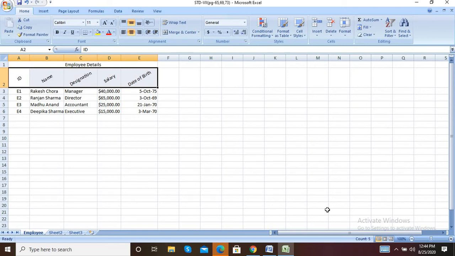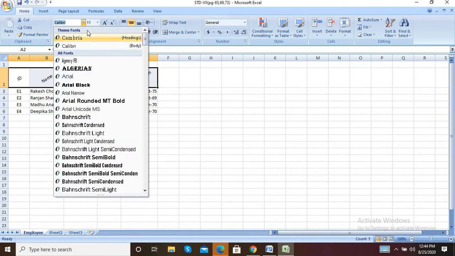Understand? Next thing, now click the Font tab and change the font to Book Antiqua. Font size is 18 and font color is blue. So select the same cells and change the font.